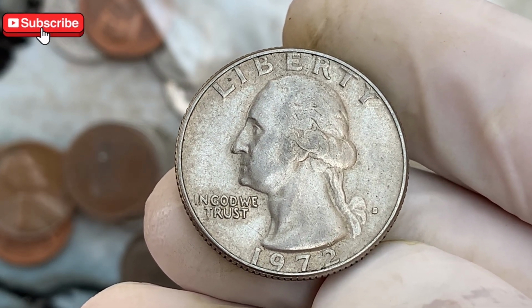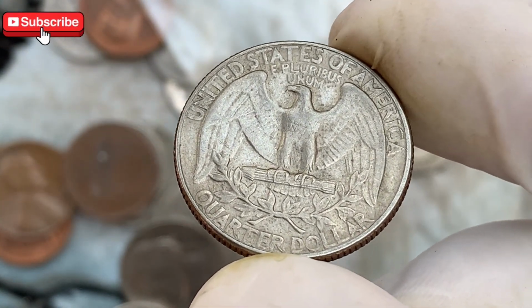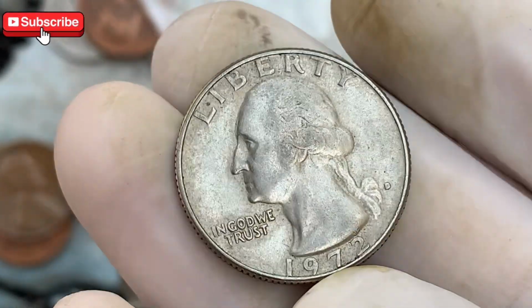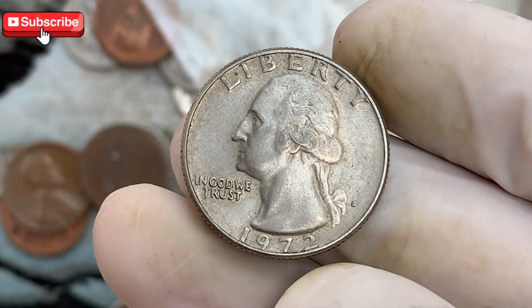One collector recalls cruising through handfuls of Denver minted change from his grandfather's old toolbox, brushing off years of grease to find a coin bearing that telltale doubled L in Liberty. Authentication transformed what he'd viewed as a lucky front porch find into a six-figure portfolio highlight, at least in terms